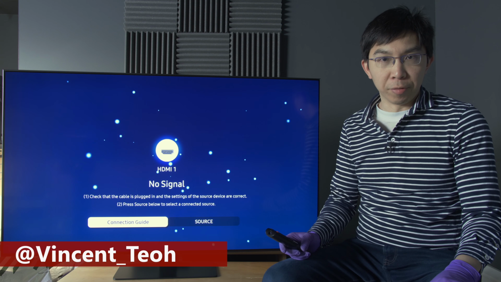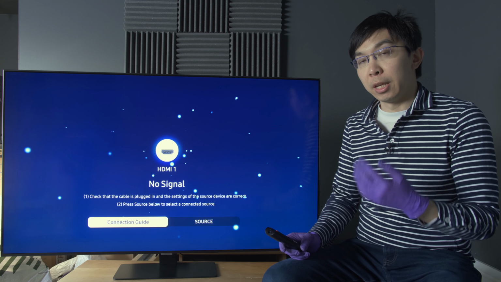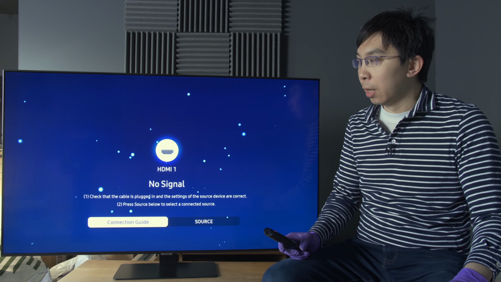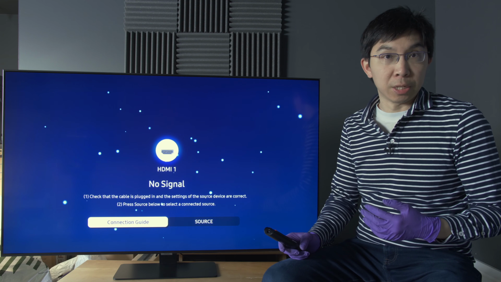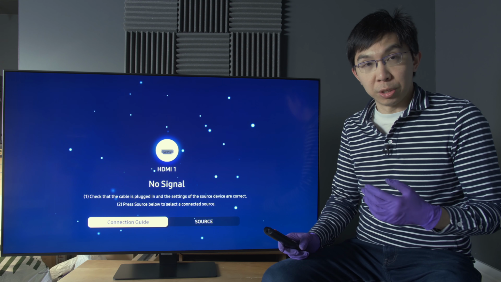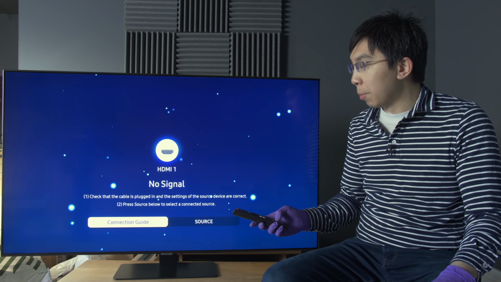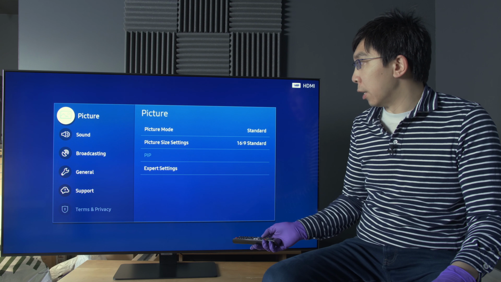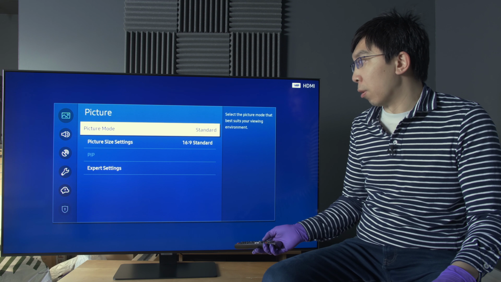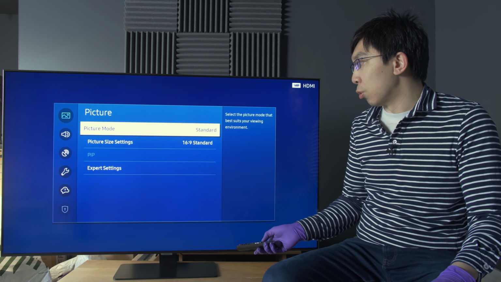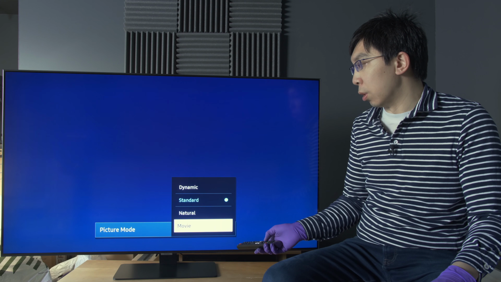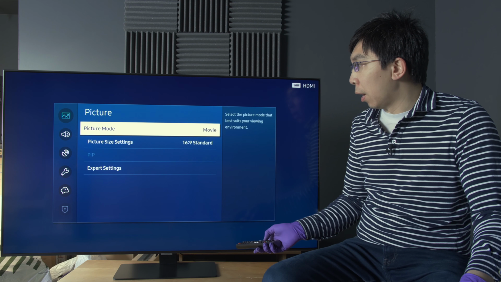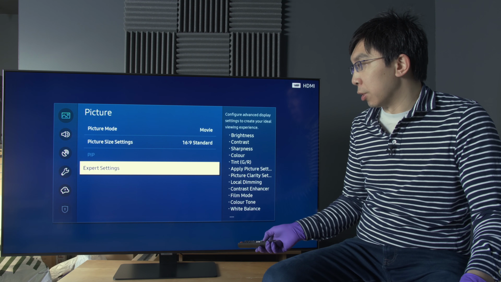I'm a TV reviewer. I have finished setting up this Samsung Q80T 2020 QLED television, and I'm going to go through the picture settings in the user menu to see what's new. So if I can summon the picture menu, you can see that it is in the out-of-the-box standard picture mode. So I will change it to the most accurate movie picture preset, and we will go into the picture settings